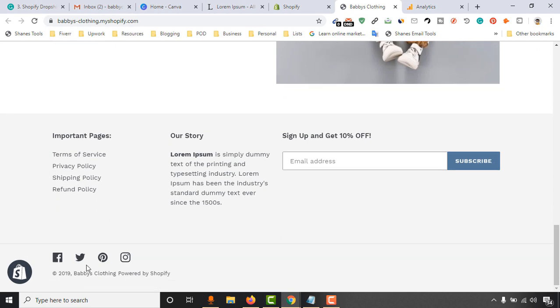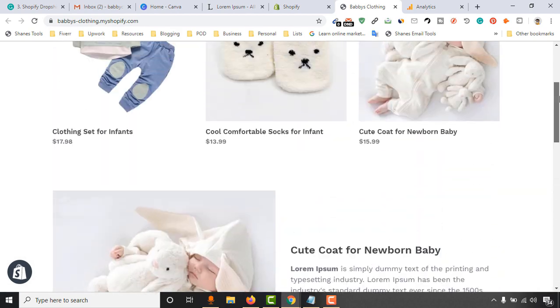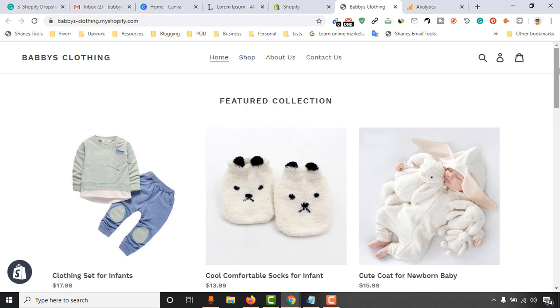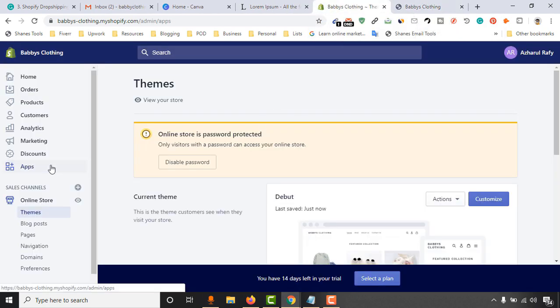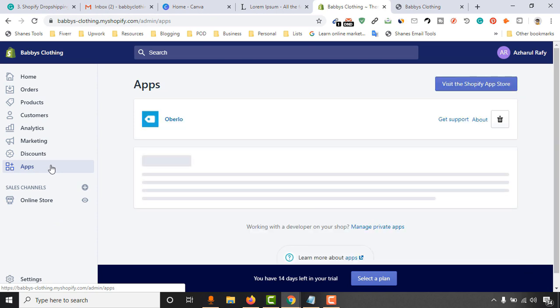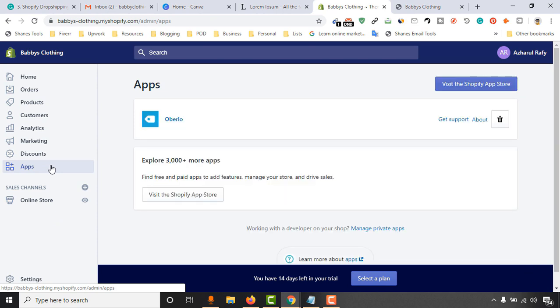All right, and now let me talk about some extensions that will be helpful for you to run your Shopify store properly and maintain it easily. All right, so let's talk about them. We are going to go to this app section, and we want to download a few apps, and